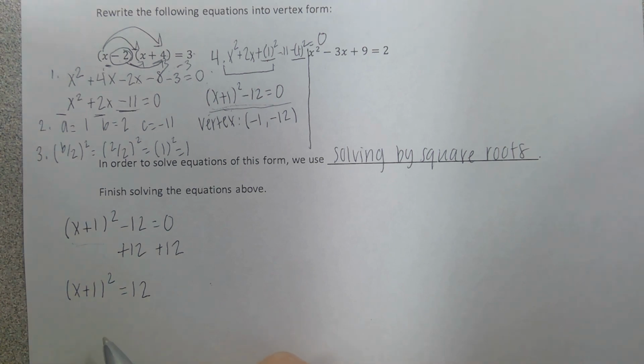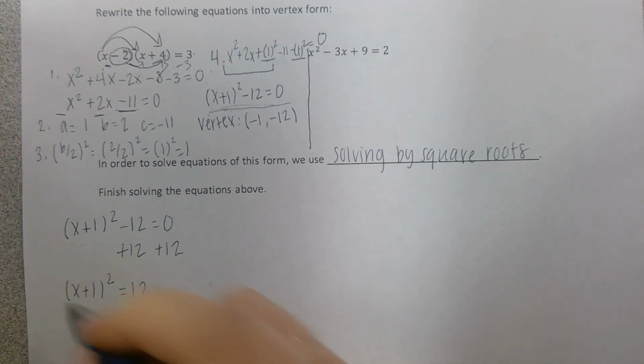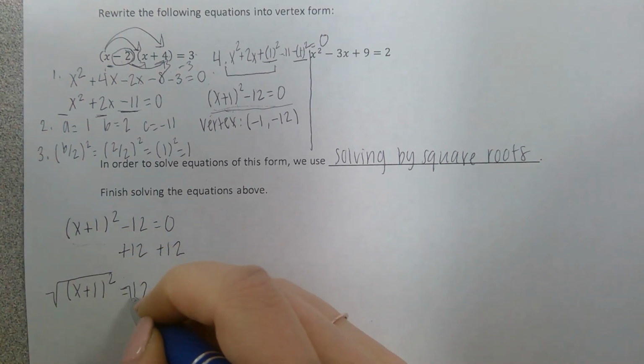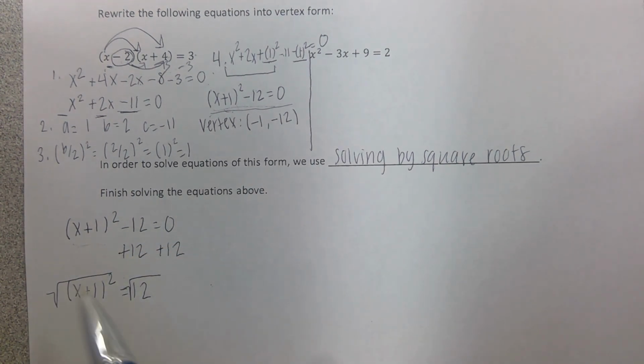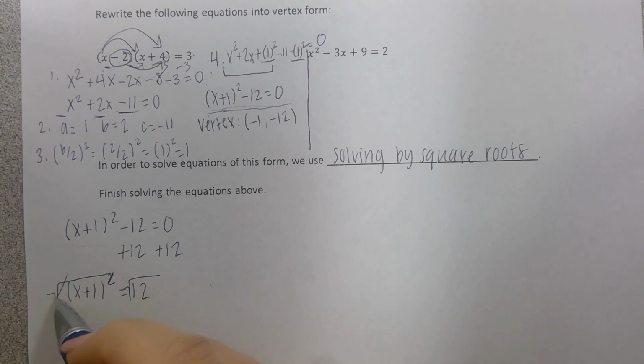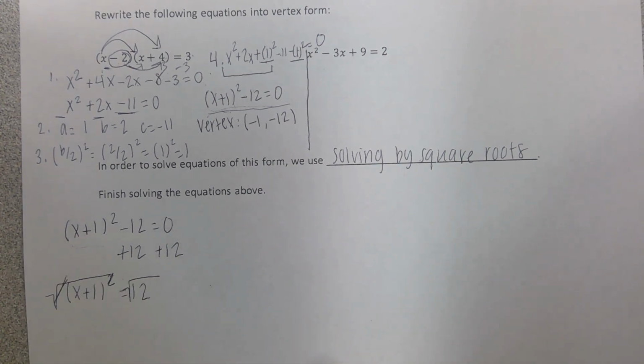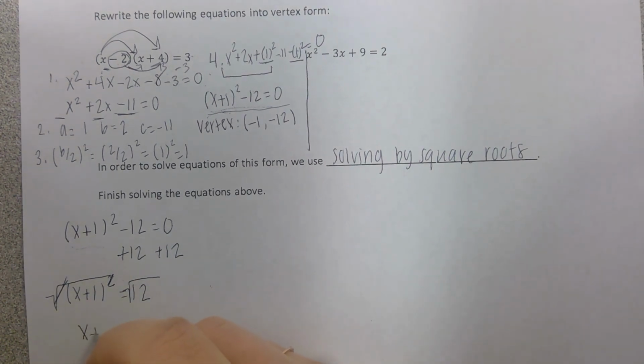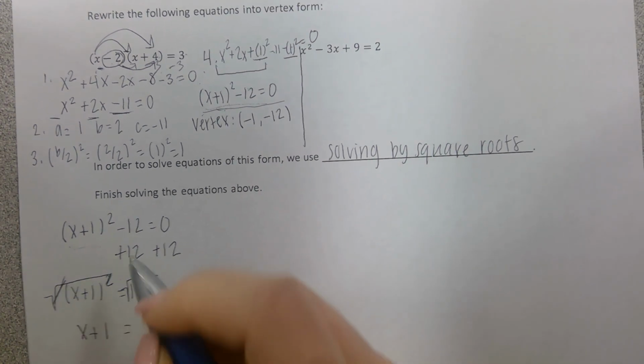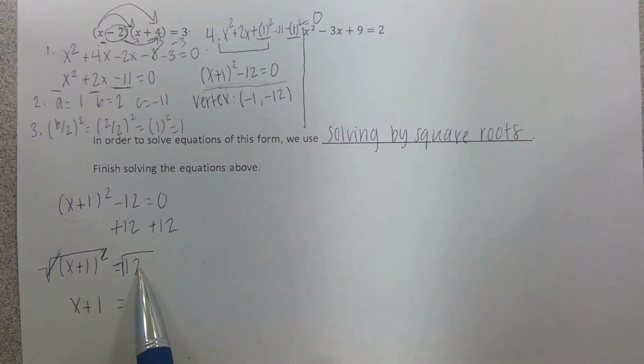Now that I have this, since this is squared, I'm going to do the inverse operation. So I'm going to take the square root of both sides. When I take this square root, my squared and my square root cancel out. They're inverse operations. So I'm left with x plus 1 equals,